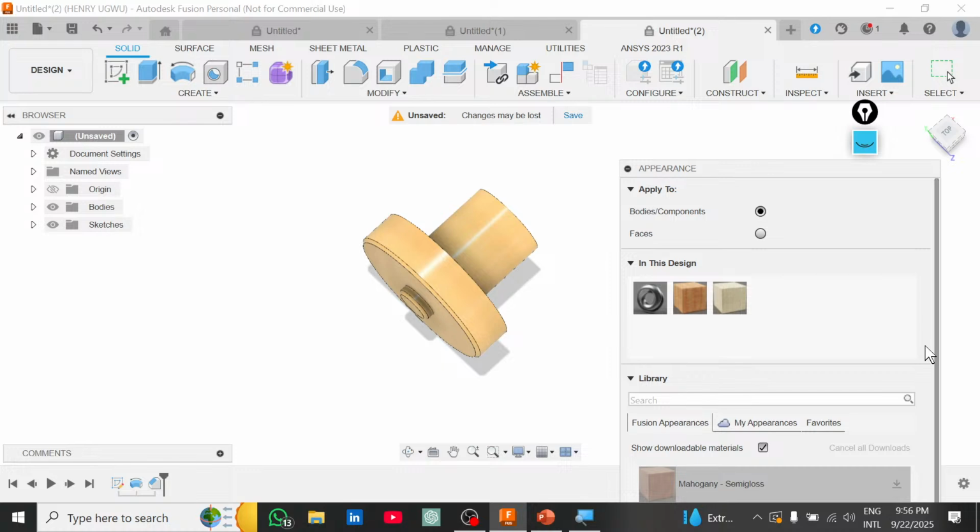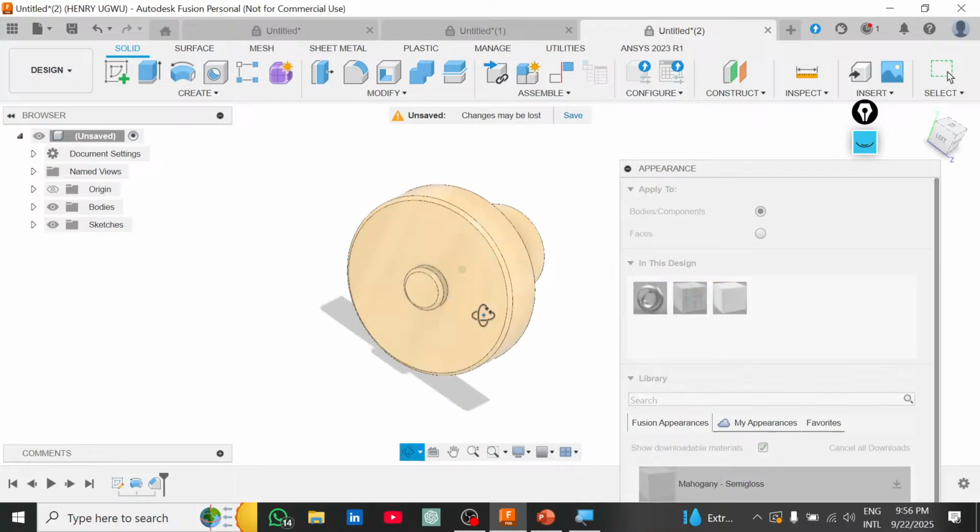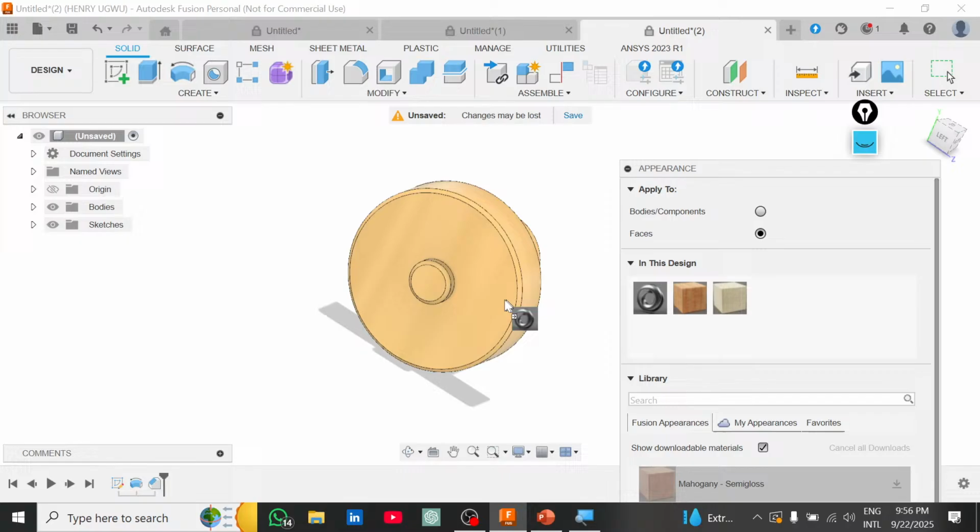You have the option to add appearance to either bodies slash component or faces. Faces, you can add appearance to just faces. If I change it to face, you can drag and drop on that face. It will have appearance on the face. But if you select body, you can now add appearance to the entire body. So I'm going to use a simple